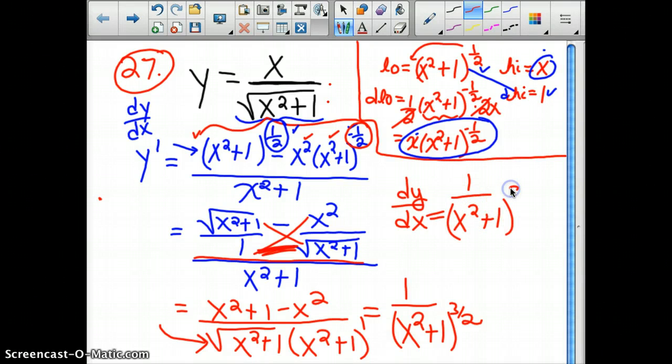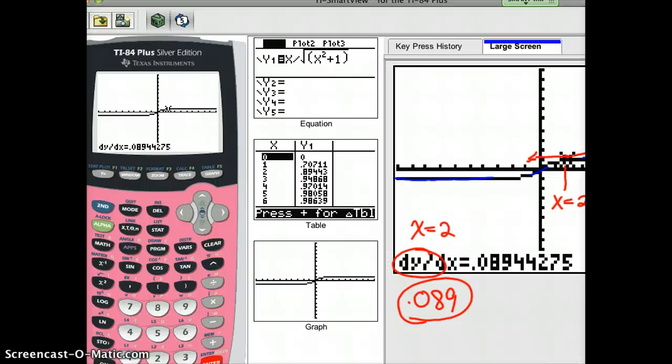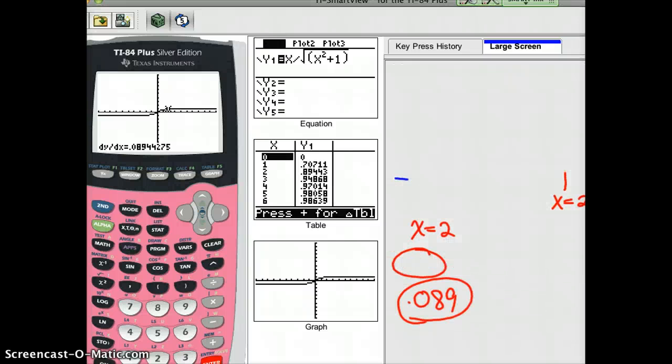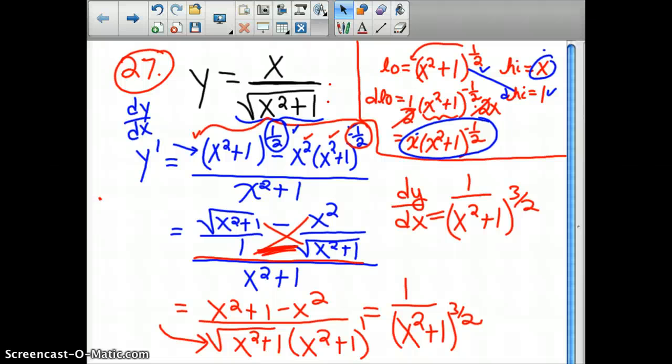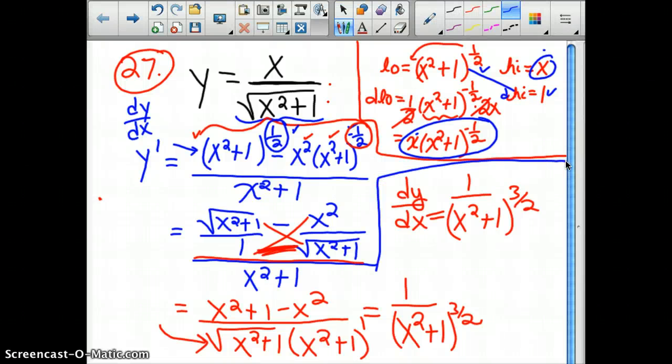So I'm going to remind you of what I did back on the graphing calculator. I'm going to bring it back up here. When I originally started, I went to my y equals button and I entered the original function, and it gave me this graph over here that went like this. And I went graphically to 2, and I used my dy dx option, and I got a point 0.89. So what that means is if I did this correctly and all my algebra is sound and solid, when I put a 2 in for x, which would give me 1 over 2 squared plus 1, which is 5, to the 3/2, I better get